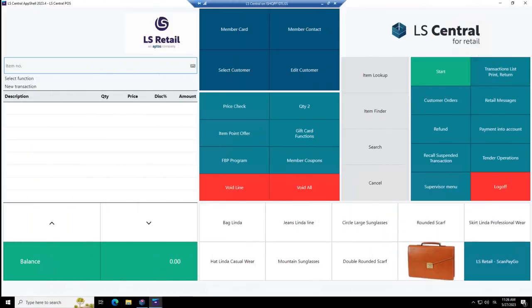Now we are coming to member management in LS Central. So what is member management? Member management is where we have all the loyalty customers. But we call it member management, not loyalty customers, because member management can do more. Member management can as well cover for the staff. We will see that later and understand it later. So loyalty customers are members in the LS Central.